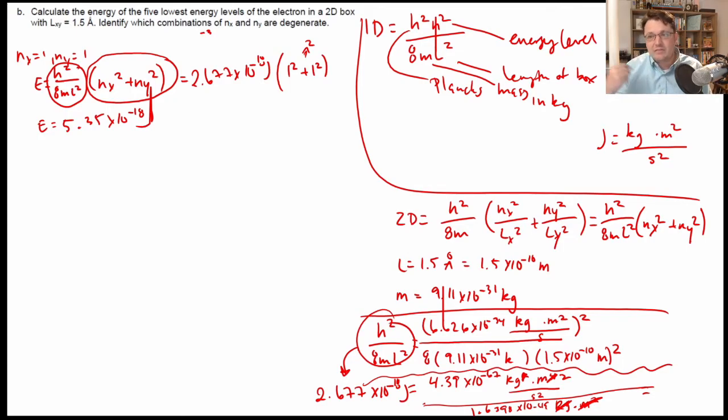Now, for the next energy level, there are two different combinations that you can have. So you can have nx equal to 2 and ny equal to 1. So you can have that combination, and we can go through and do that calculation. So in this case, that energy is going to be equal to,